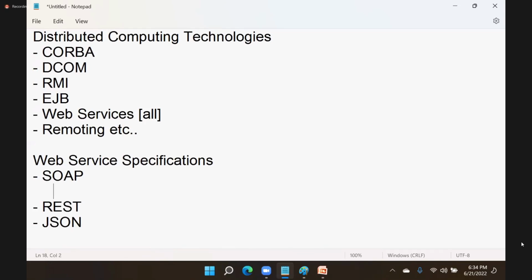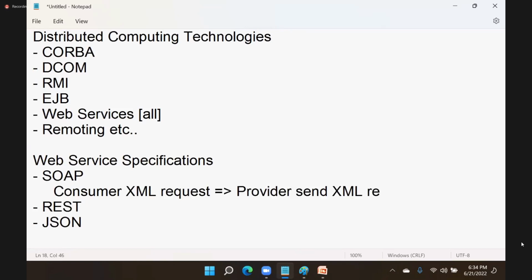In SOAP, the consumer will make an XML request and the provider will send an XML response. That means the request and response will be in XML form. Consumer means client. The client sends an XML request, the server will send an XML response. In REST, what happens is the consumer sends a simple